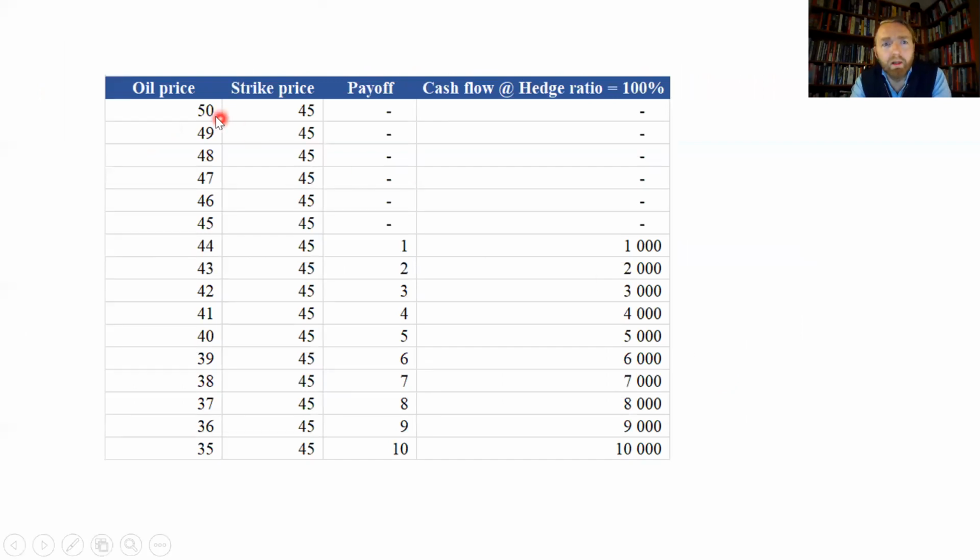And this is what it would look like if you draw it up in Excel, right? So you have gradually falling oil prices here. The strike price is fixed, starts to yield a payoff here, getting ever larger, right? The more the oil price falls, so that the cash flow from the hedge, assuming a 100% hedge ratio, is this 1 million, going all the way up to 10 million here, and this potentially falls even further, right? So this goes on,